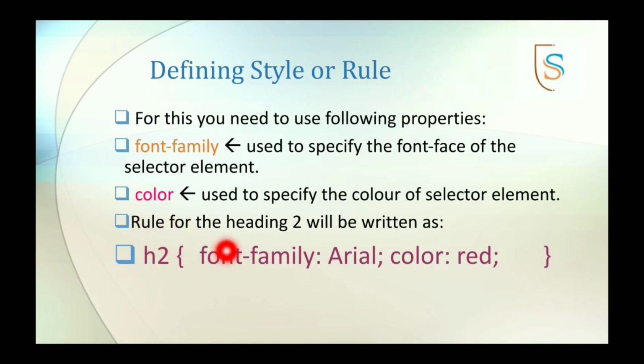Okay. So the rule for heading 2 will be written as follows. First of all, you define the H2 tag. This is known as the selector here. Then the curly bracket is started, then you define a property which is font-family, then a colon, then you define its value which is Arial, then you put a semicolon. Again you can define another property which is color, which is for font color, then a colon, then the value of that particular color, and close the bracket. This way the output of the h2 tag will be in Arial font style and in red color when displayed in the browser.